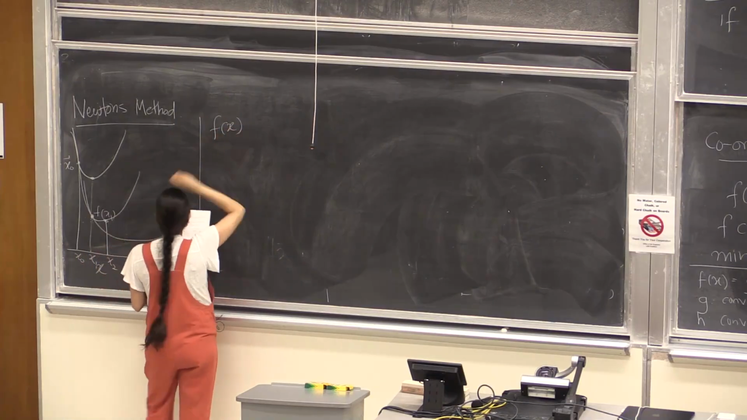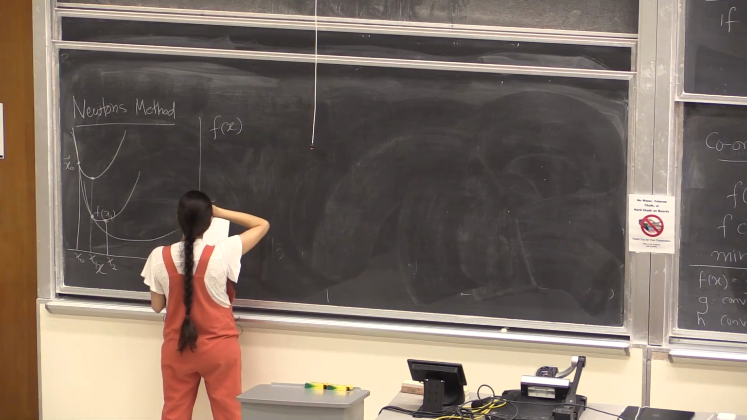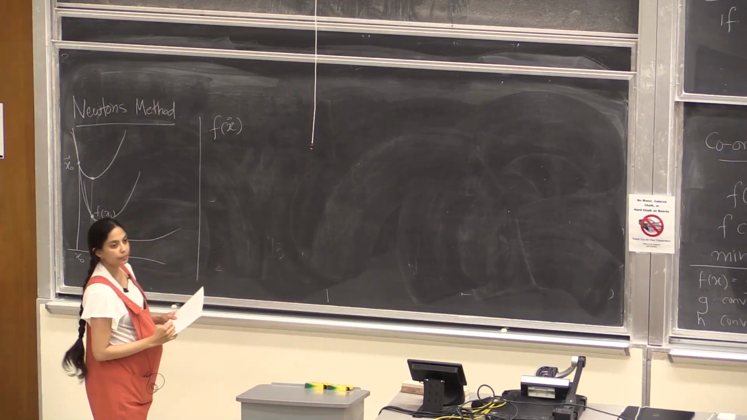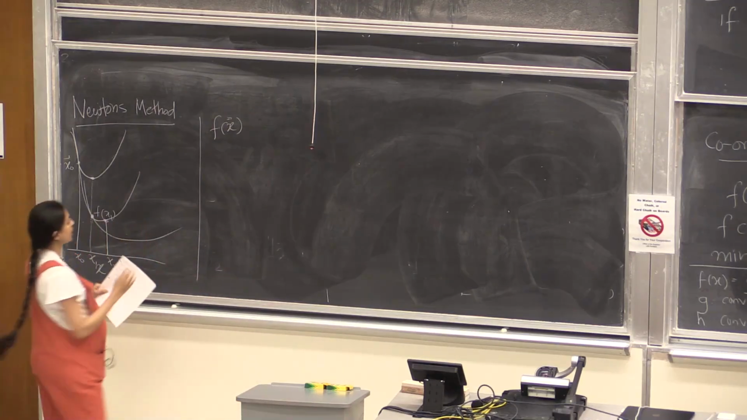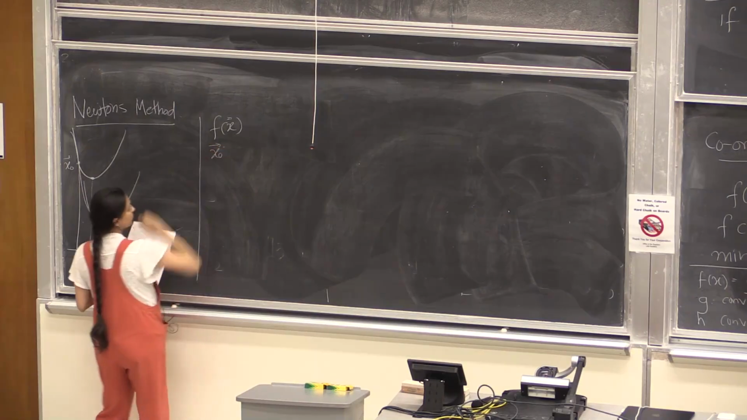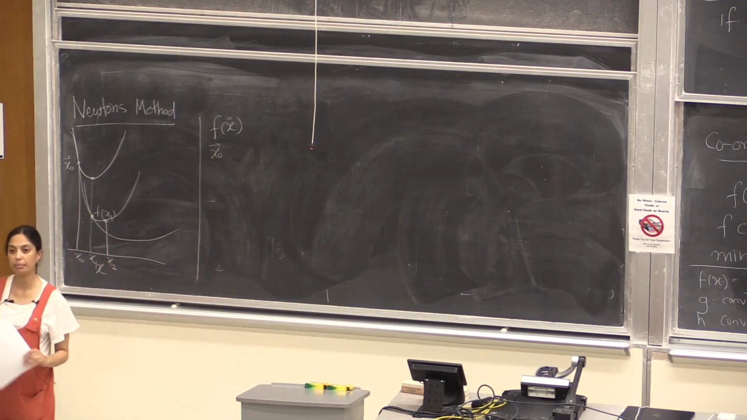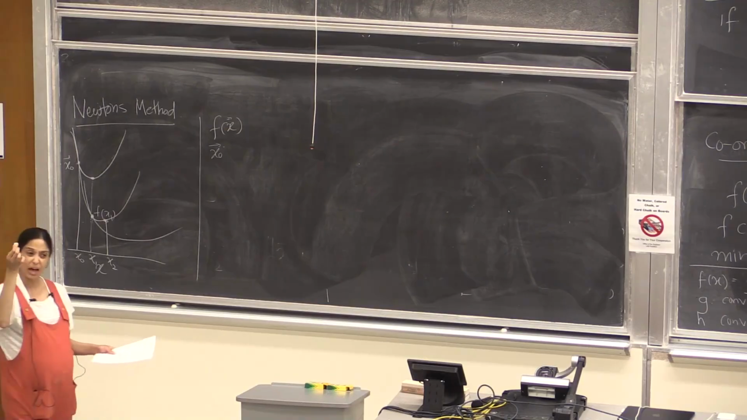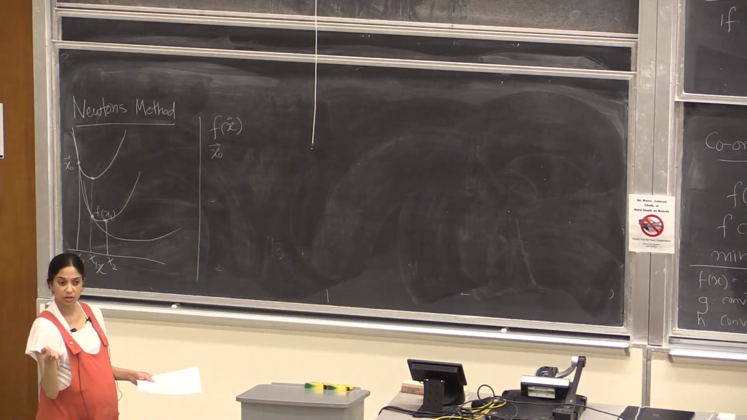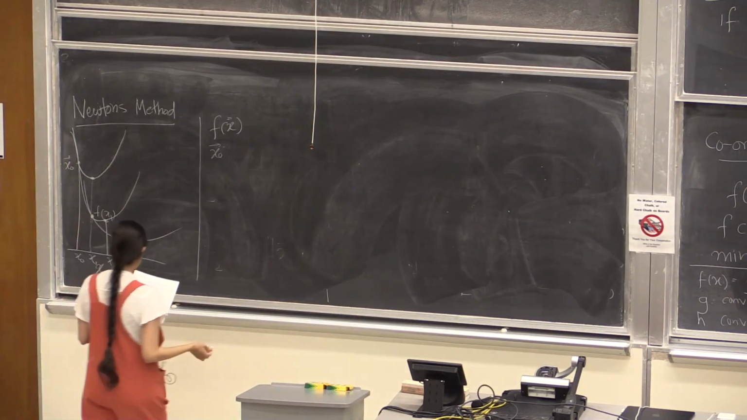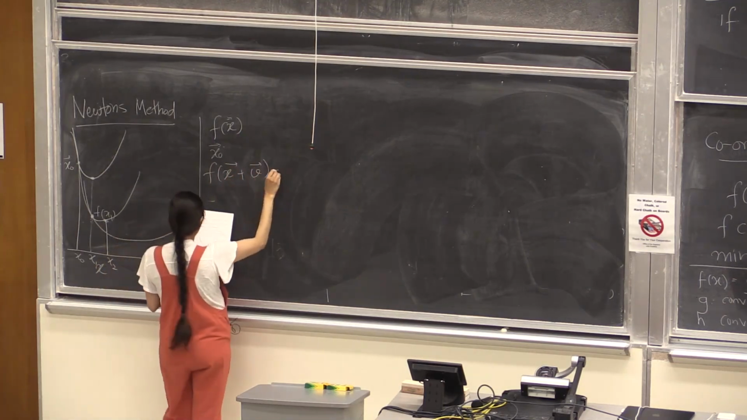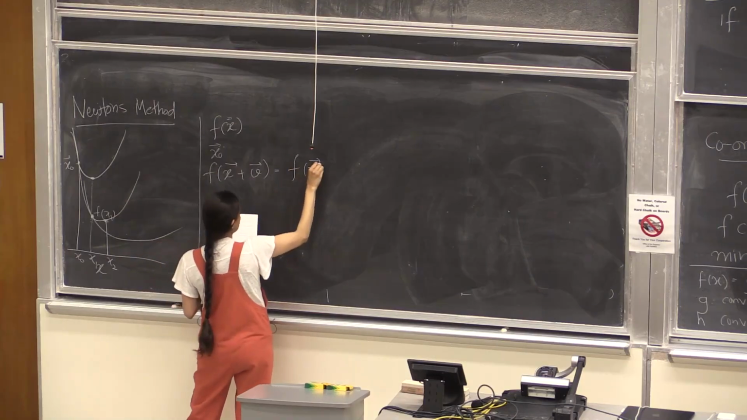let's consider just some f of x. What I want to do now is think about this f of x. Let's say I'm at x naught. And I want to think about a quadratic approximation to f of x. What is the tool that we have for thinking about a quadratic approximation? Taylor's theorem, right? So I can write f of x plus some v is equal to, well, f of x